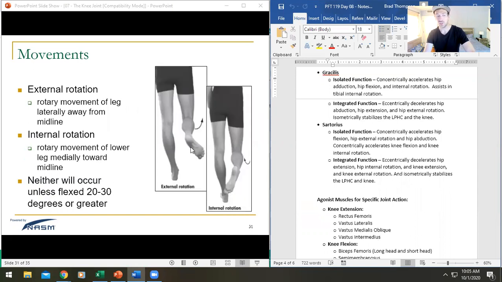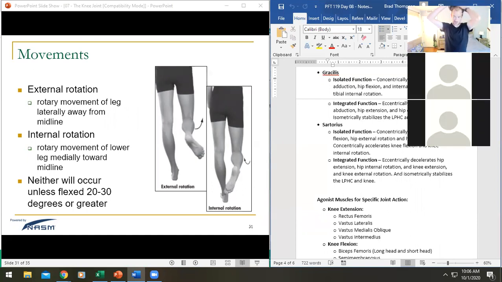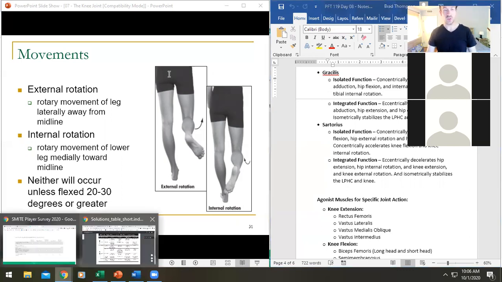Then you've got external tibial rotation and internal tibial rotation. And both of these can only occur if there's about 20 degrees of knee flexion before it can happen. And so when you turn your foot away, that's tibial external rotation. When you turn your foot inward, that's tibial internal rotation. Here's the thing that often confuses people. I don't know if this has crossed your mind, you might be like, wait. Tibial external rotation, but the knees are caving in. Wouldn't in be internal? No, because when you look at knees cave in,